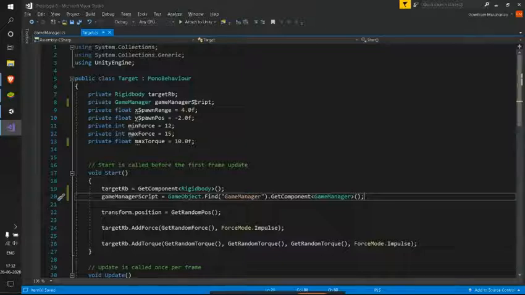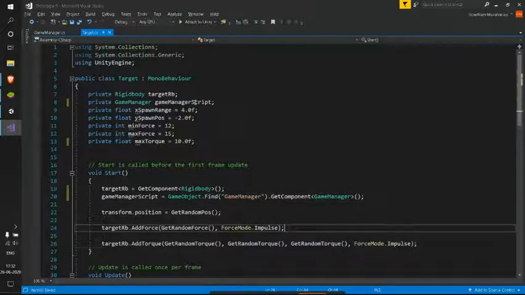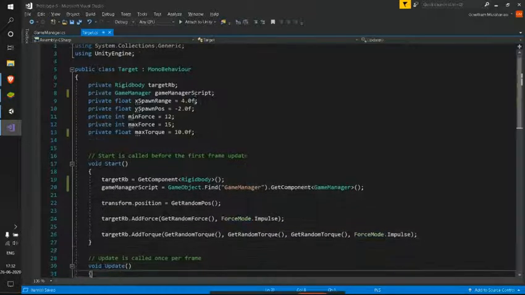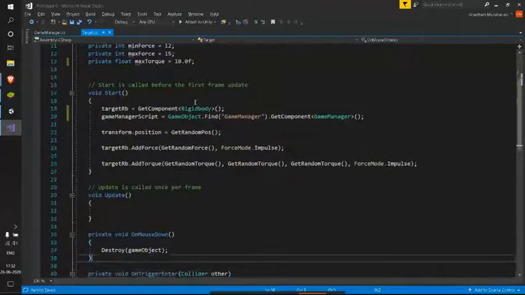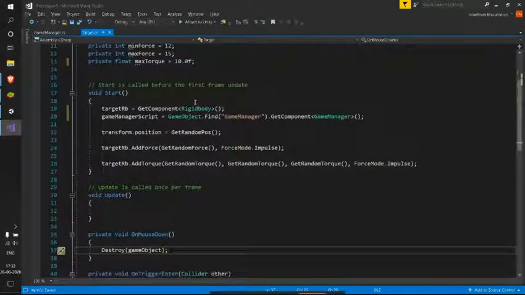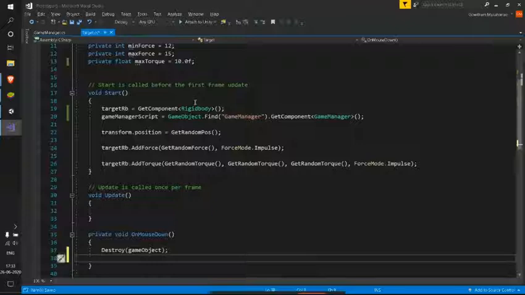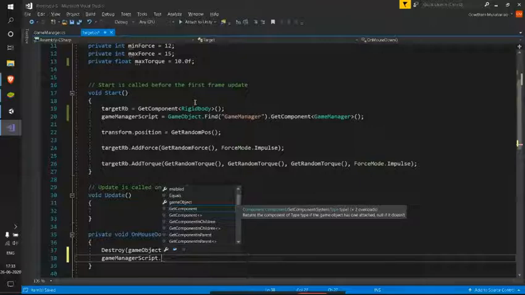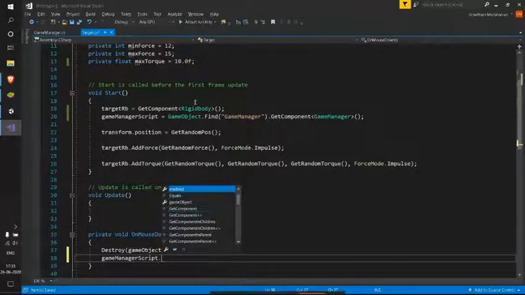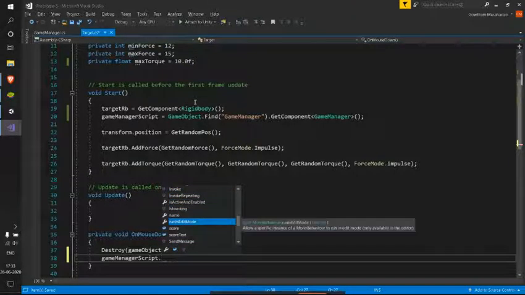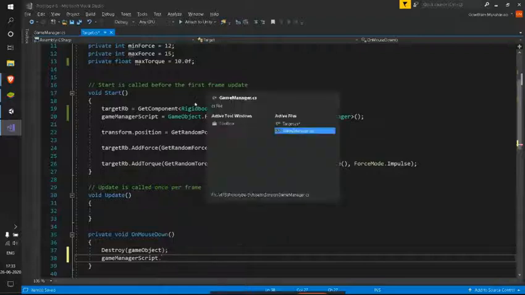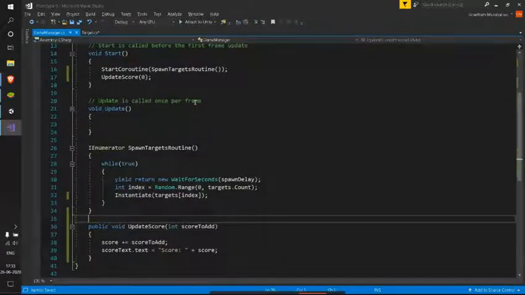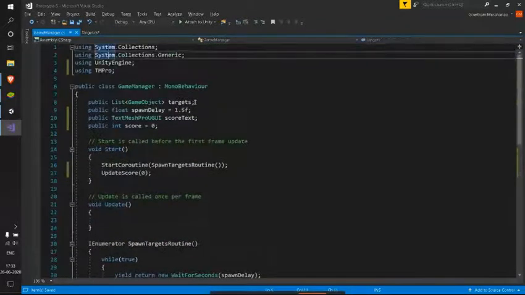So now it's time for us to use this particular method. Here on mouse down we can use this method like gameManagerScript dot. When we use this period operator, we get all the things we'll be able to use, and the things present there which are public, we'll be able to see.